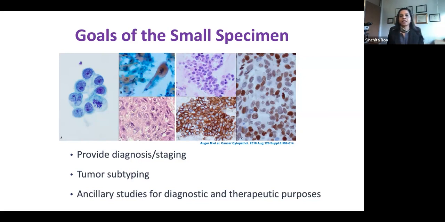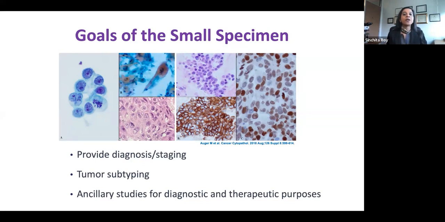So you kind of get a twofer for that. The other thing that we want to do with these specimens is try to subtype it, right? We want to classify the tumor the best possible way, so that can guide the management of that patient. So in the realm of lung cancer, in the past, you could call it non-small cell or small cell lung